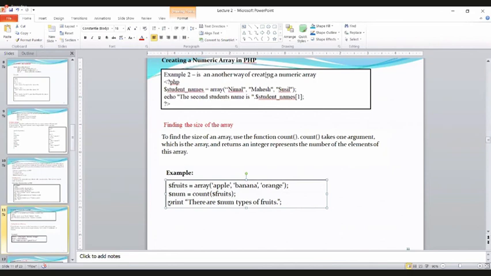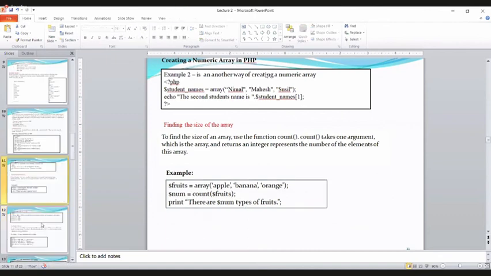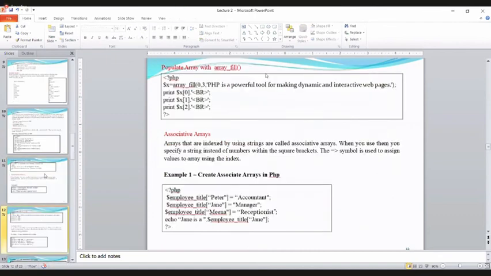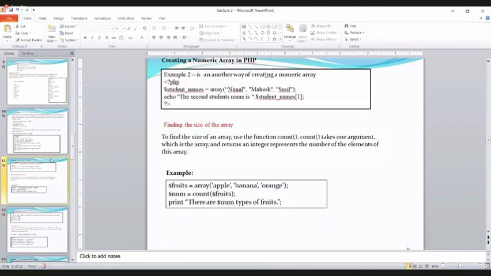Then the next one is the associative array. We can do it in the next class. Before that, there is another array function as well, right? Numerical array. Actually, you have the presentation. If you have time, you can practice at home also. And however, we can continue the lecture from next week.